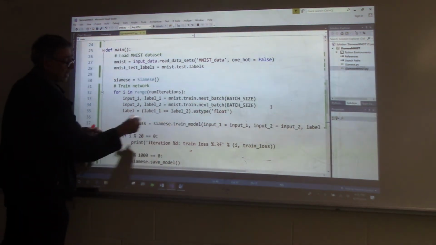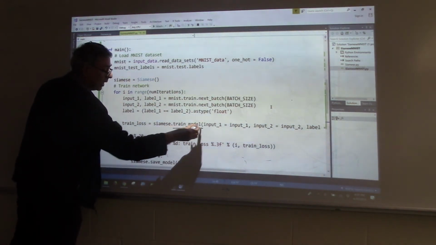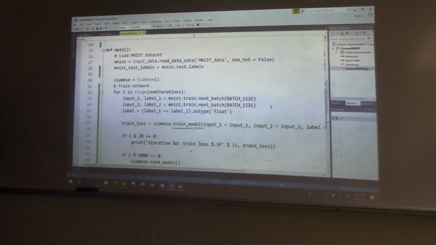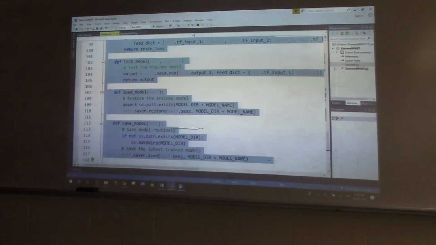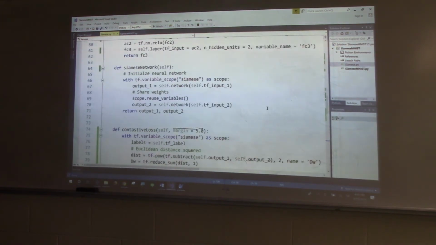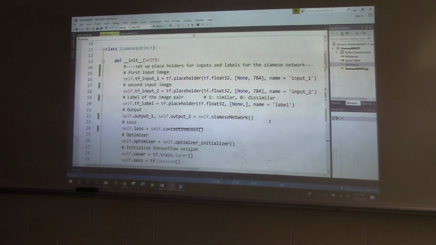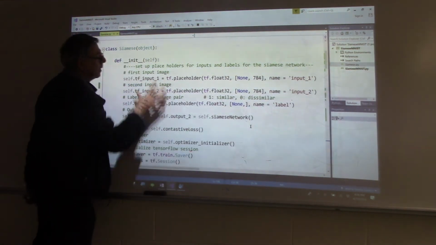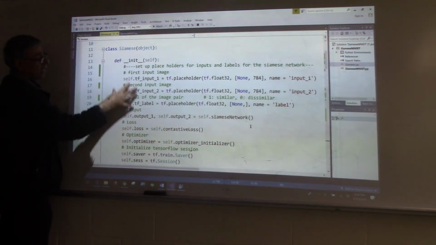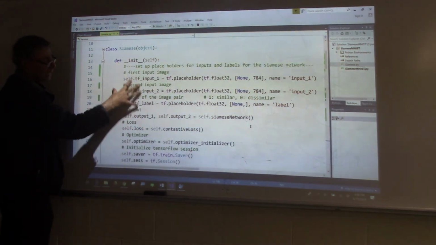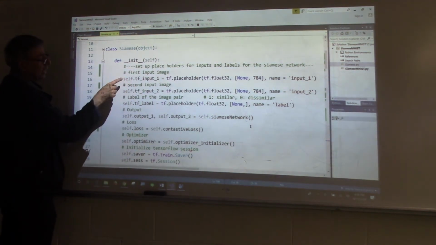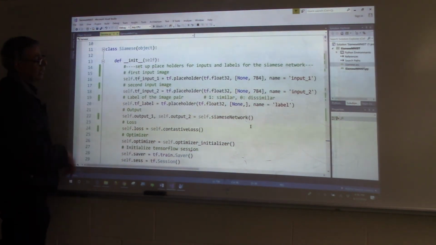Okay, so Siamese is another class that I put in over here. And now all we have to do is call the train model. So if I go to the Siamese class, okay, so anyway, key thing, like I said, is if you can understand the layout of this particular code, then the variational autoencoder that I created also follows the exact same flow. So basically, as you can see in the constructor,